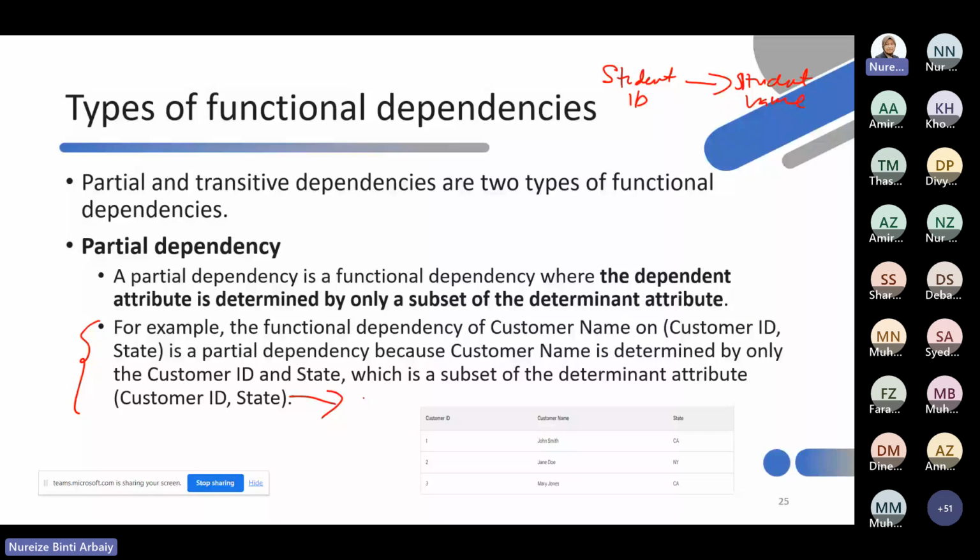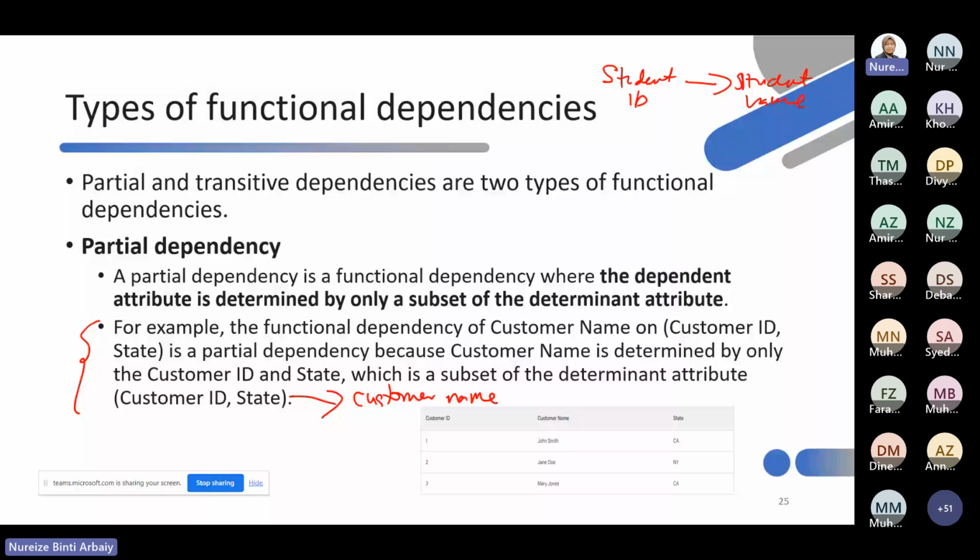Okay, in this case, it is not a wrong situation. You can use this kind of relation in the database if the situation is defined like that. So they know that if they have multiple customer names, like John Smith, which appears 2 times, that's why they need to have 2 keys, customer ID and also state, to identify